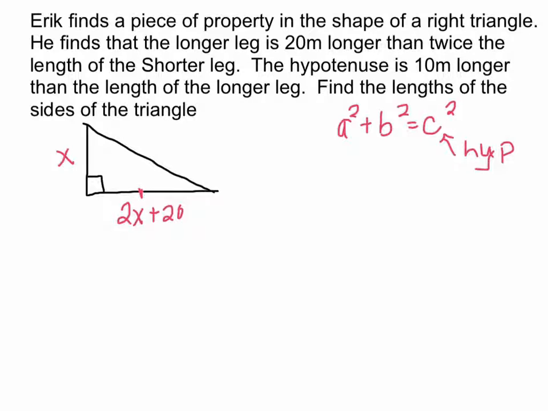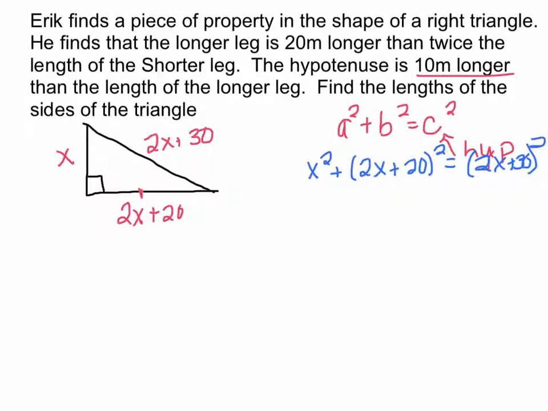And the hypotenuse is 10 meters longer than that. So if I want 10 meters longer than this, I've got to add 10 more. So I have 2x plus 30. Now I can use the Pythagorean theorem to find my lengths. So a squared is x squared plus b squared, so 2x plus 20, equals c squared, which is 2x plus